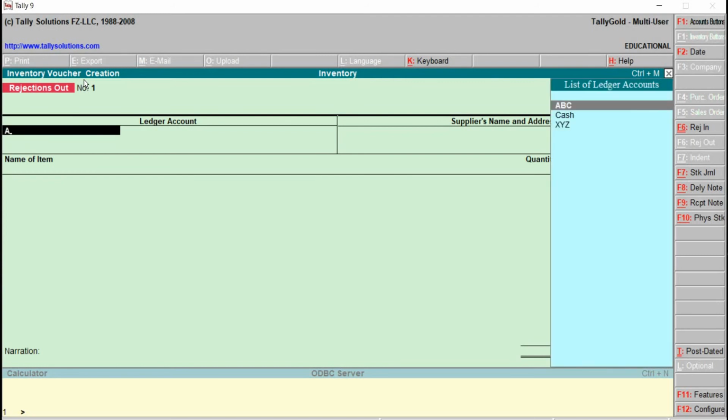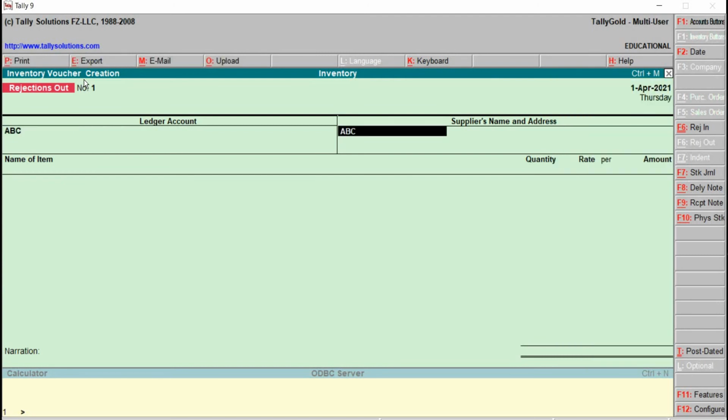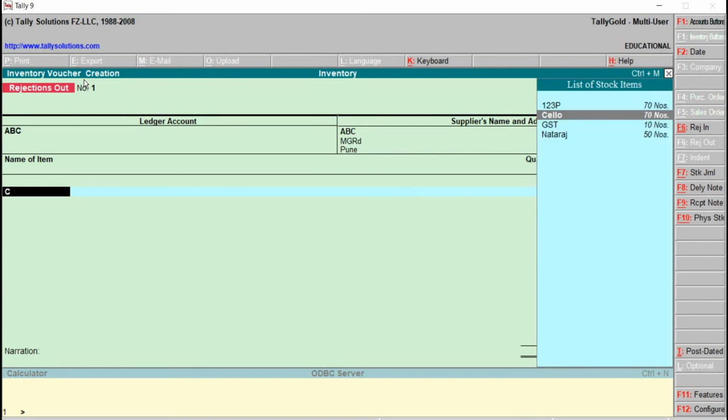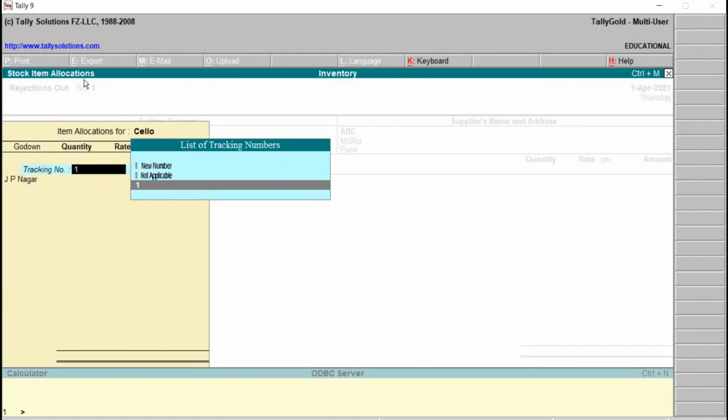The supplier was ABC, correct? And here supplier name, address also we can just provide here. I just provide here MG Road, then Pune, right? Name of the item was Cello, we have done the purchase, correct?